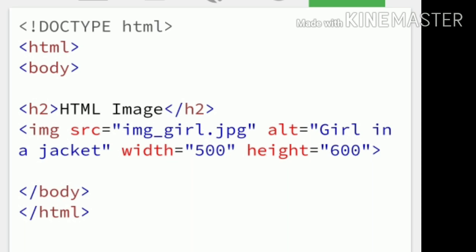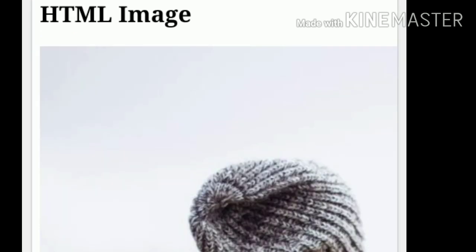HTML body, h2, that is image tag. Open the HTML tag, open the body tag, open the h2 tag, that is HTML image, closing of h2 tag.